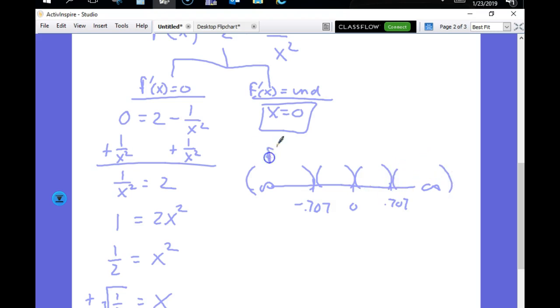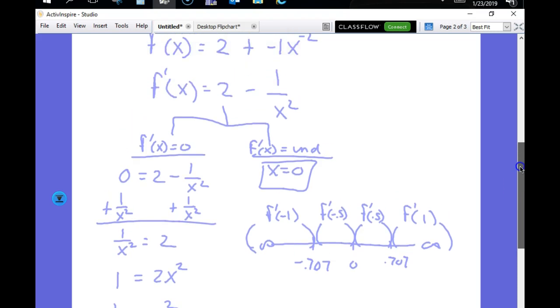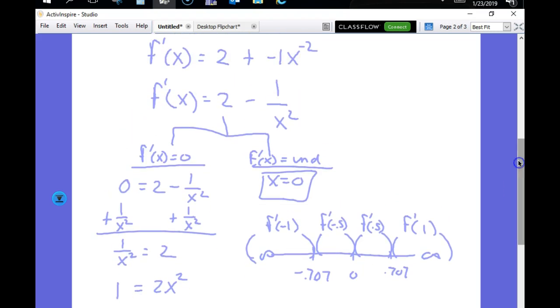All right, so here I'm going to try the derivative. So the derivative to the left here, let's say, is -1. In the middle here, negative 0.5, positive 0.5, and 1. All right. So let's see how that pans out. Now, this derivative is pretty easy just to check mentally. I think, maybe not. For some of you it may be, for some of you it may not be. Like if I do -1, that's really easy, right? If you plug in -1, it's going to be 1 squared over, and 1 over that's